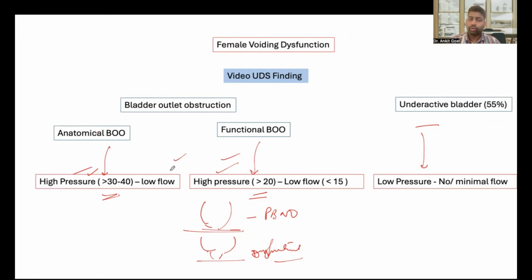Primary bladder neck obstruction, you should be aware of the main functional causes, and the anatomical causes, as we discussed; find out what could be the anatomical causes. Underactive bladder will have low pressure. Now see, for a male, we have a cutoff for the bladder outlet obstruction index to categorize them into obstructed,